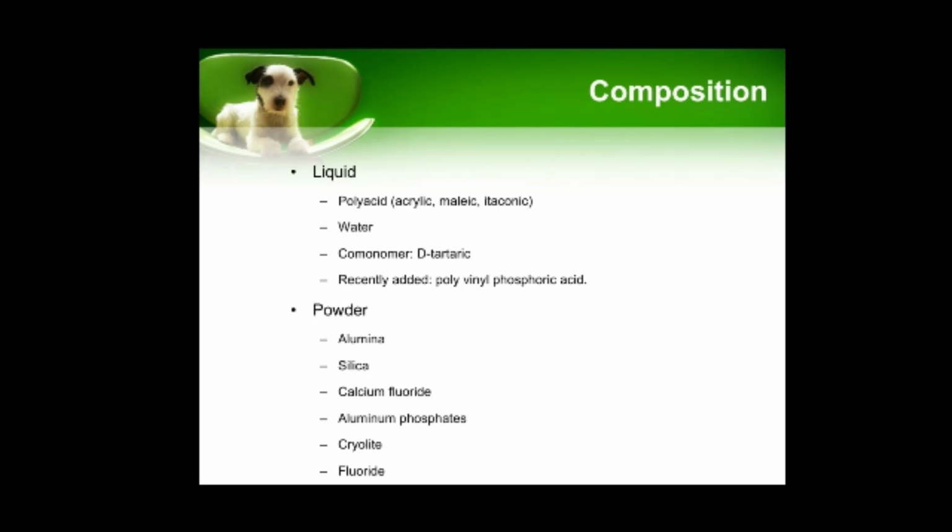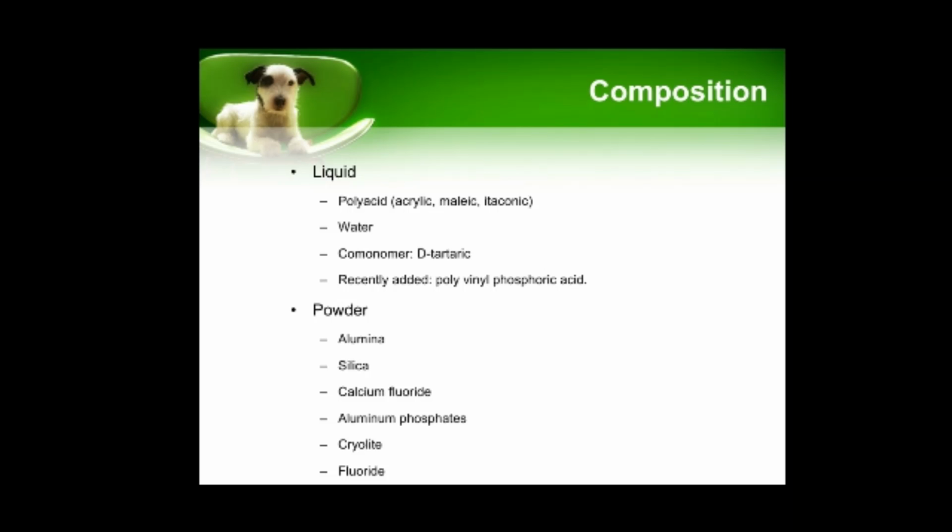Powder includes alumina. It forms the skeletal structure of the glass ionomer cement. It has increased opacity. Silica has increased translucency. Calcium fluoride increases opacity and also acts as a flux. Aluminium phosphate decreases the melting temperature of the material and increases the translucency. Cryolite,